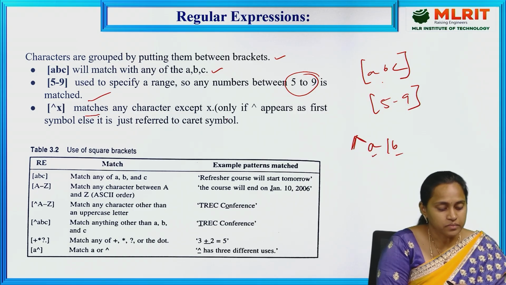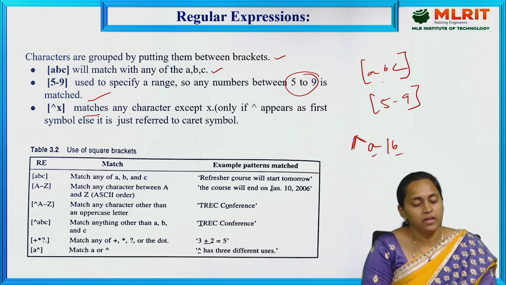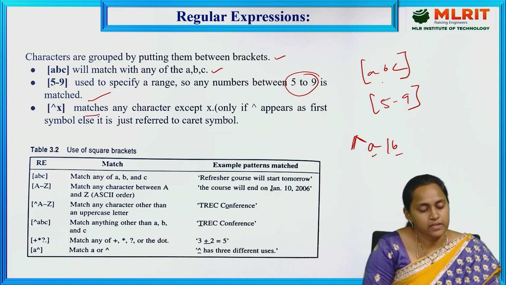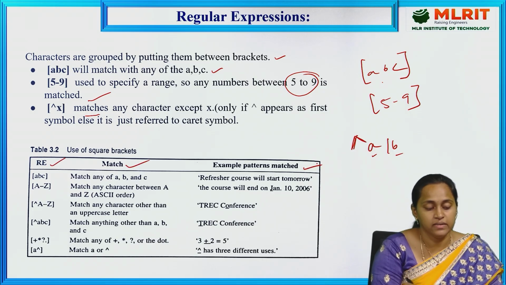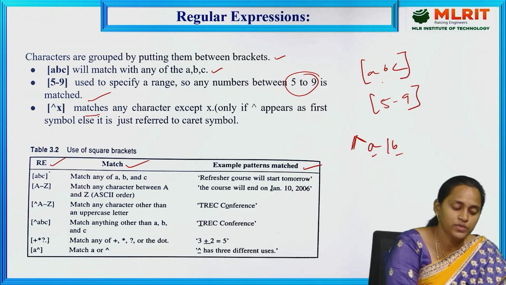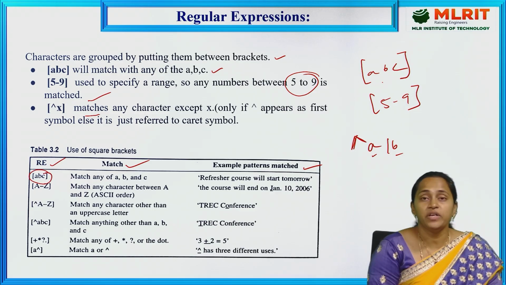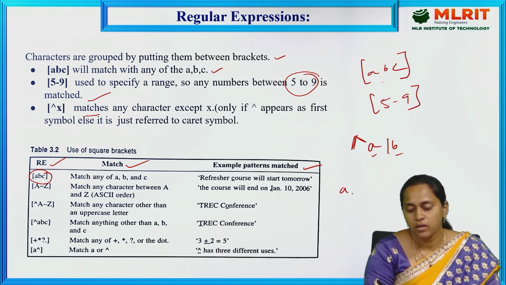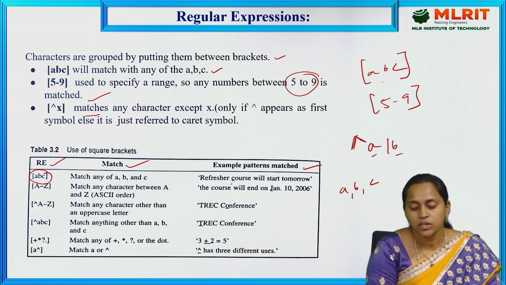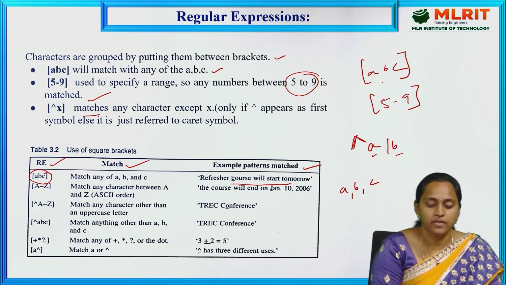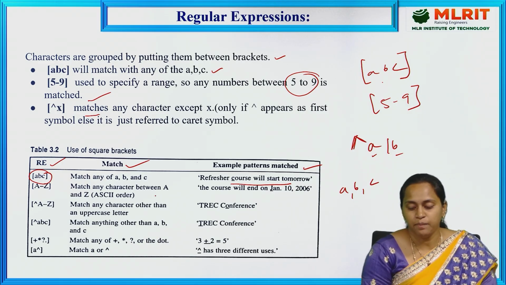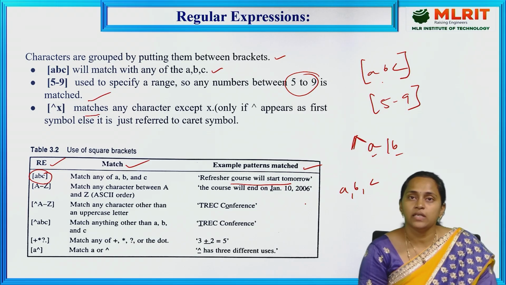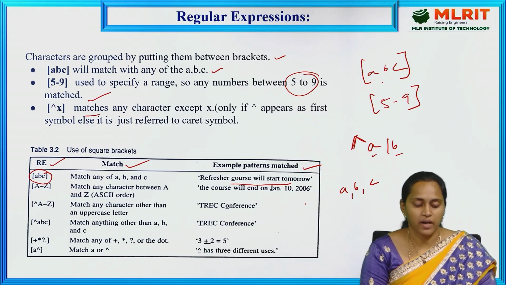Next, see the example of a table like this. Here the table contains regular expressions and matches with some example patterns. Here the regular expression contains only small a, b, c. So it matches only a, b, c. Here what the c is in there, right? It matches with the example patterns A to Z, capital A to Z characters. Whenever we see capital A to Z in our sentence, it will automatically match.